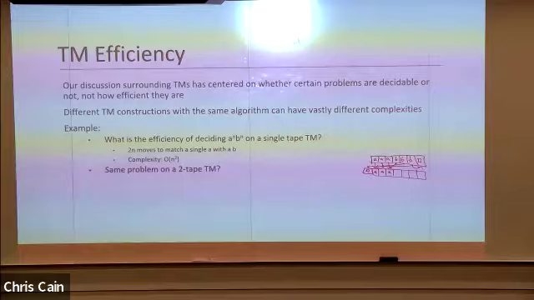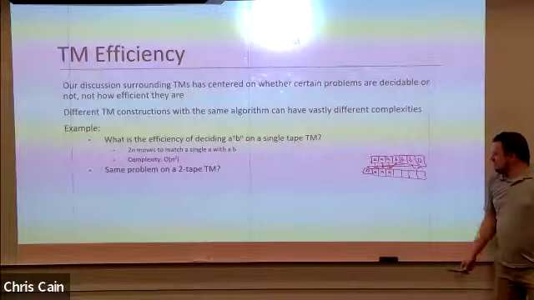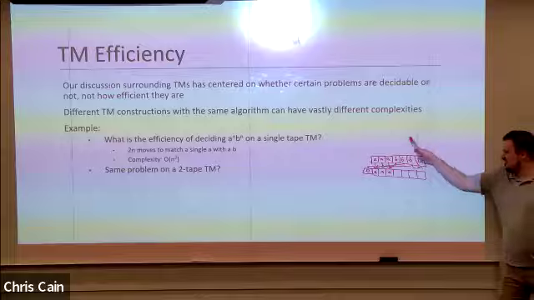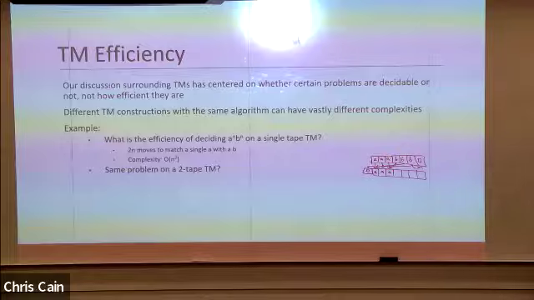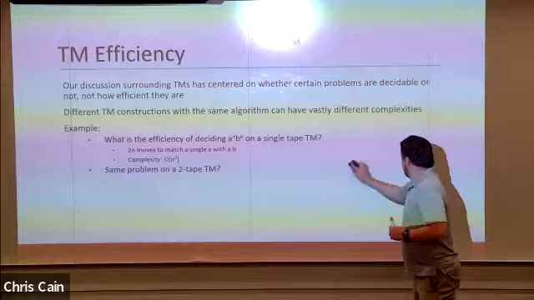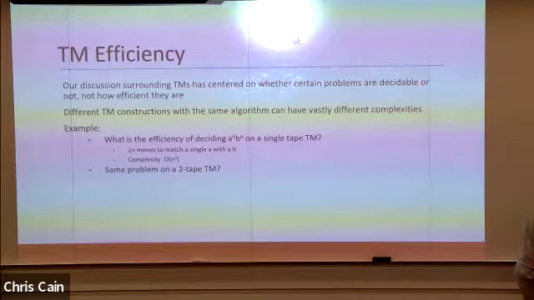That is in fact linear. With a single pass, left to right, across the A to the n, B to the n, we can determine that it's in that form based on the extra scratch tape that we have here. With a single tape Turing machine, we could still do this work, but we would have to be moving all the way past, all the way back, all the way past, all the way back, all the way past, all the way back. So that turns something that's quadratic into something that is linear.